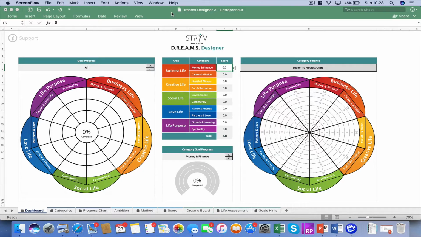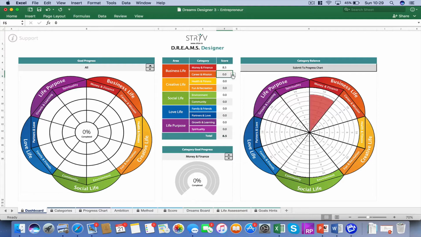So on the main screen, on the dashboard overview, you've got your life categories and life areas, and these are completely editable, so you can come in here and change these to whatever you want. So if you don't want money and finance, perhaps it's something different. You want to make health your number one priority, but you'll see that we've given you these 10 as a starting reference. So once you do that, you also want to then go in and score each of these categories